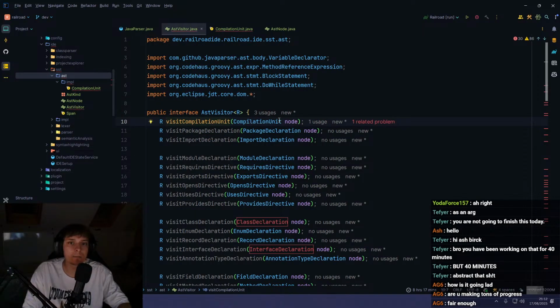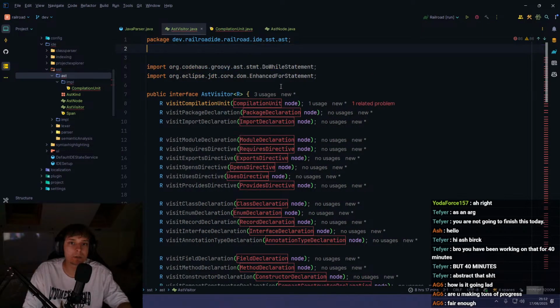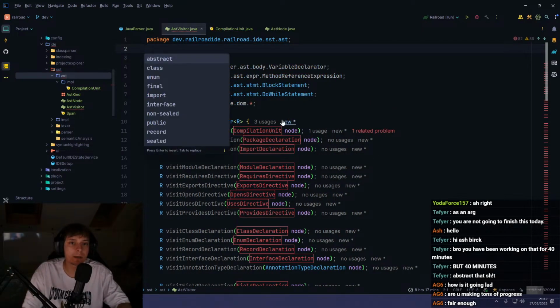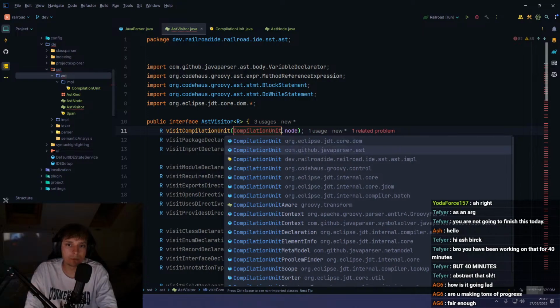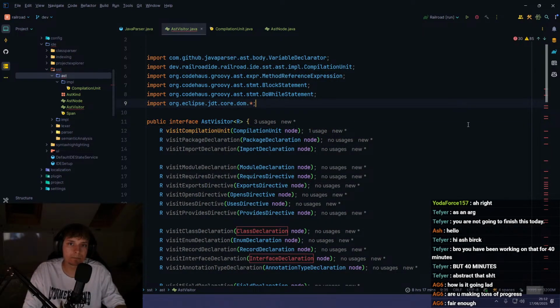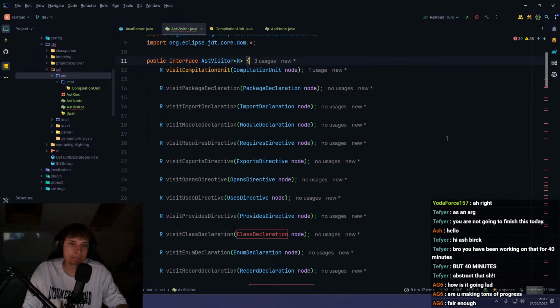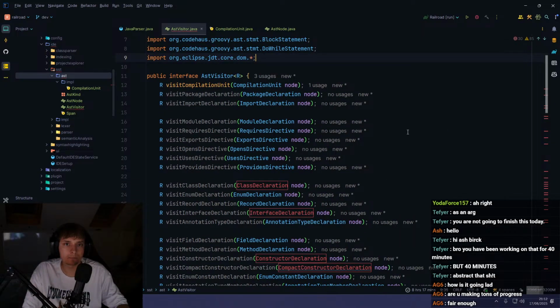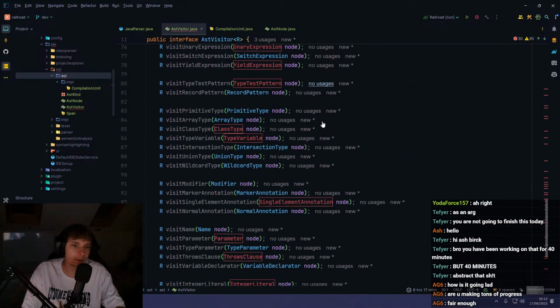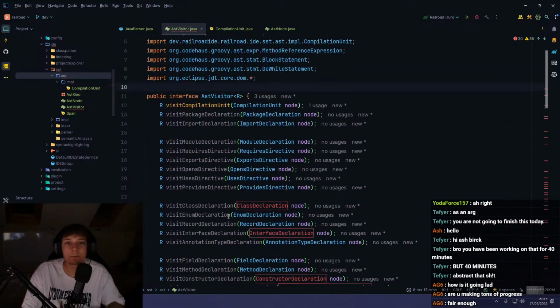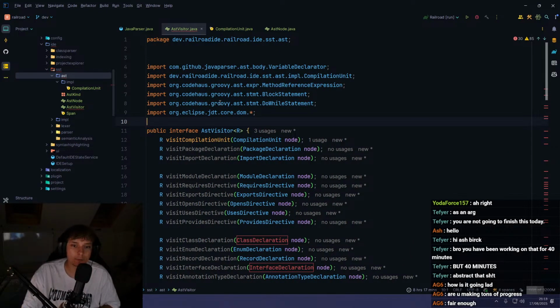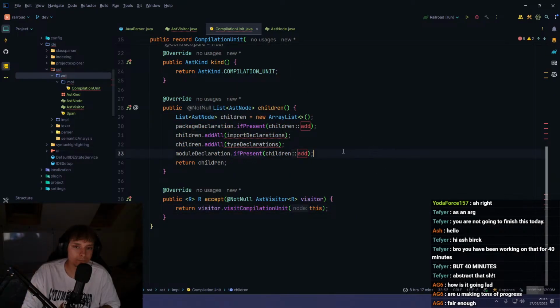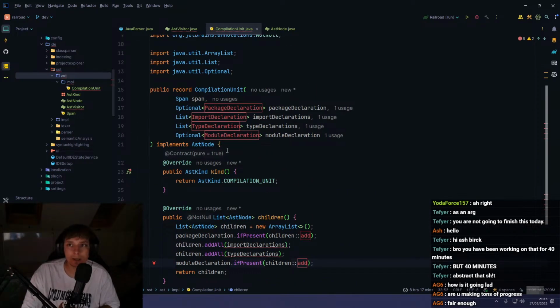So now if we go into here, we can make sure this is importing the correct compilation unit, which is this one. Oh god, don't do that. We don't want it to get rid of my white space changes, because otherwise we'll never be able to figure out what's what. Okay, perfect. So obviously we're going to have errors for a very long time now, because we have a lot of things to go through. So